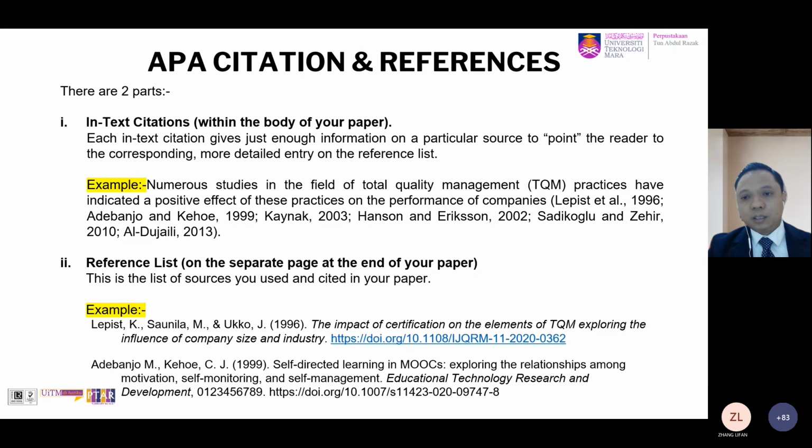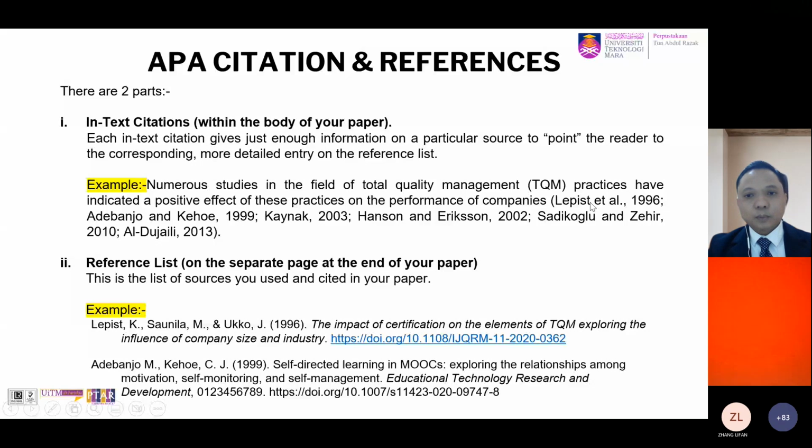If you are using APA, the same goes with the name of the author, followed by the pages. If you are using IEEE, normally it will be cited by number. Okay, so and so on. Normally the citation only gives you just enough information so that the other reader who reads your article or your statement will be pointed to a more detailed entry on the